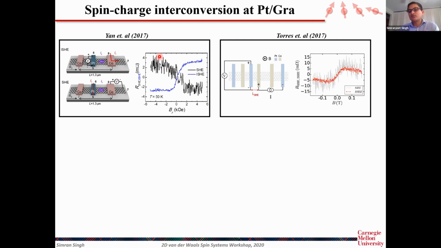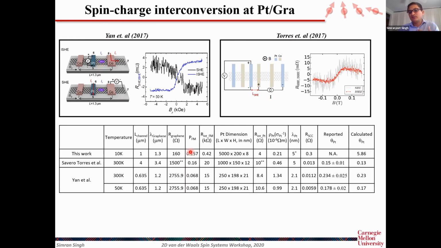if we compare it to very nice work done in the groups of Felix Casanova and Sergio Valenzuela, where they have used platinum to inject and detect spin currents in graphene. As I said, the only difference is they are evaporating platinum on top of it. And if we compare our results to these groups, one of the things we see is obviously our signals are larger, and to explain those signals, we need an unphysical spin Hall angle in platinum reaching 500%, which